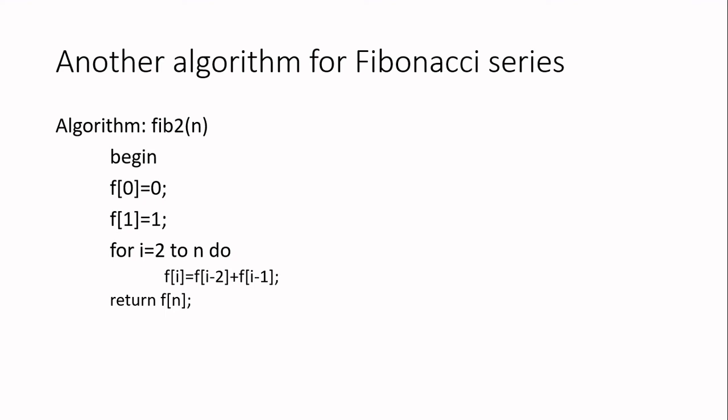So here you are using a table, and subproblems will be solved and stored in the table, and whenever you need solutions of the subproblems, you will just pick them from the table. You are not going for recomputation, which is what happens in the case of the divide and conquer strategy: it will recompute these subproblems again and again. Even though it is computed once, it is not stored anywhere and it will keep on computing them. And this is actually one step toward the dynamic programming algorithm design.